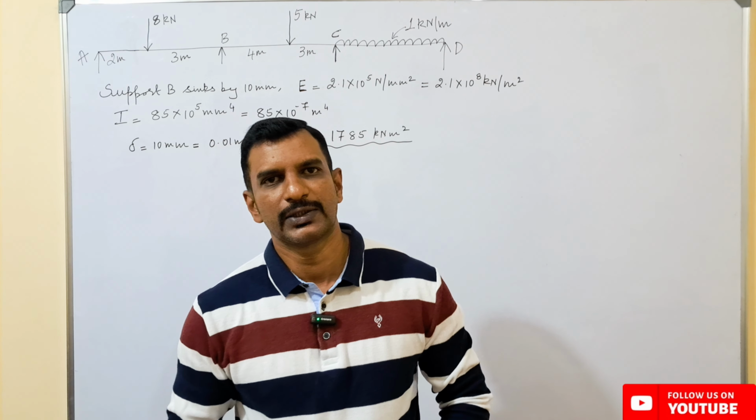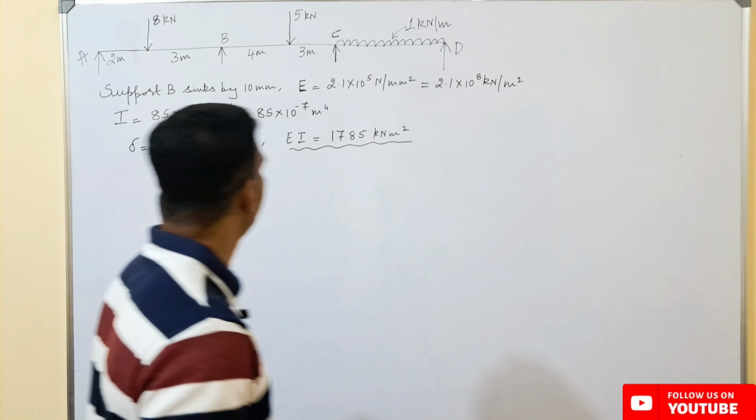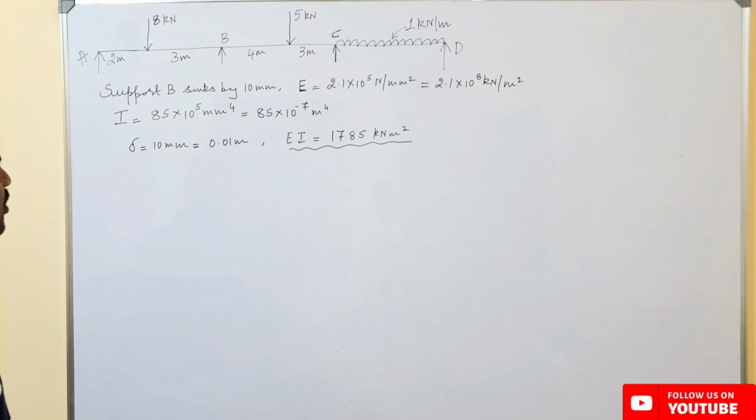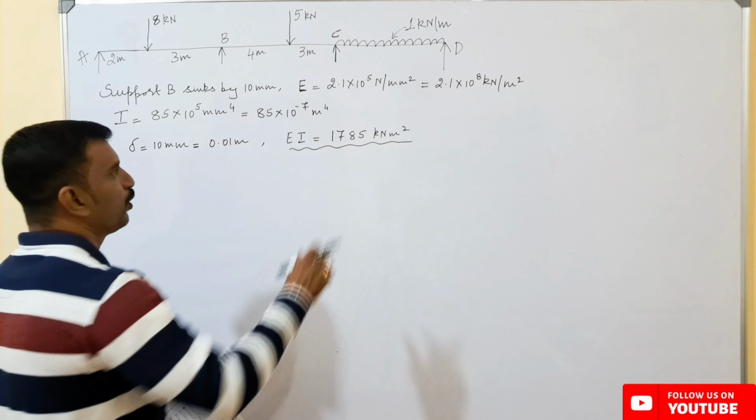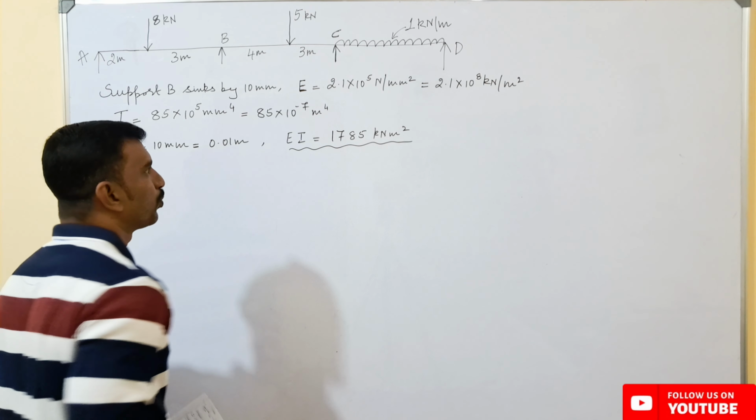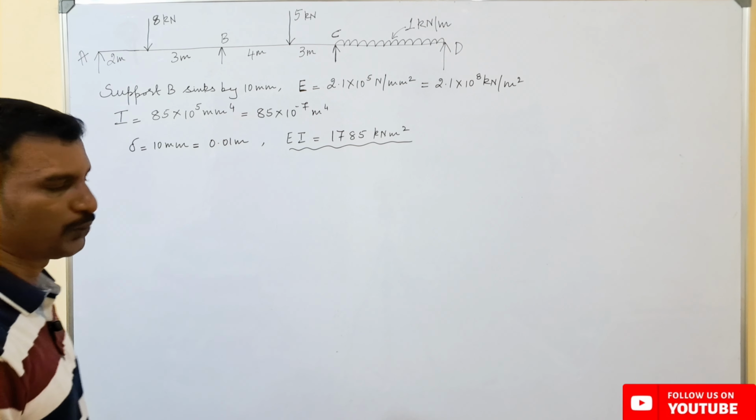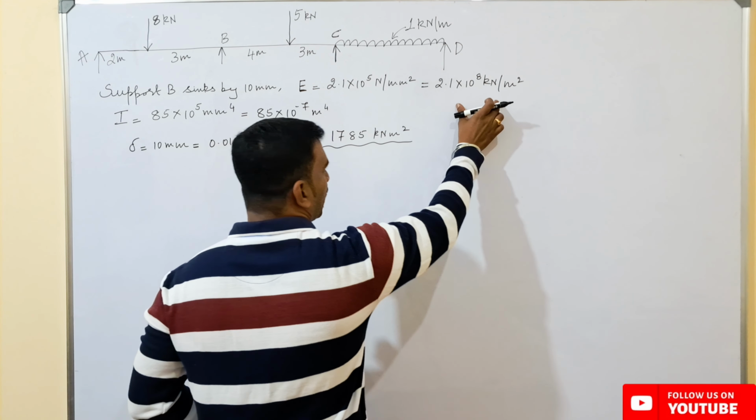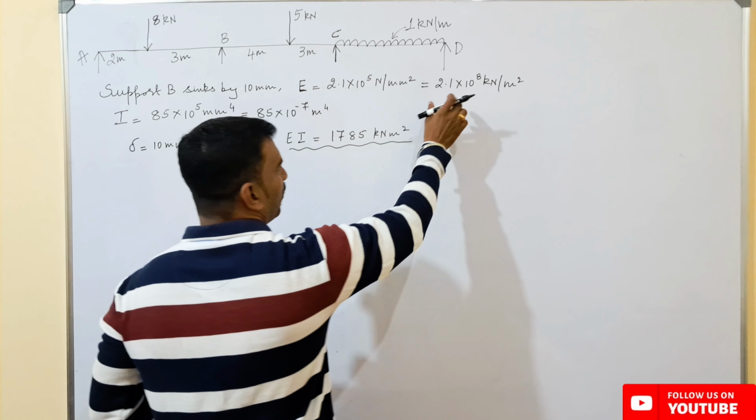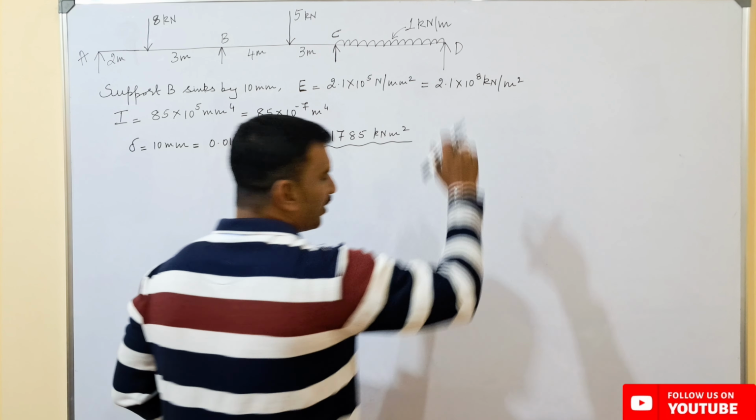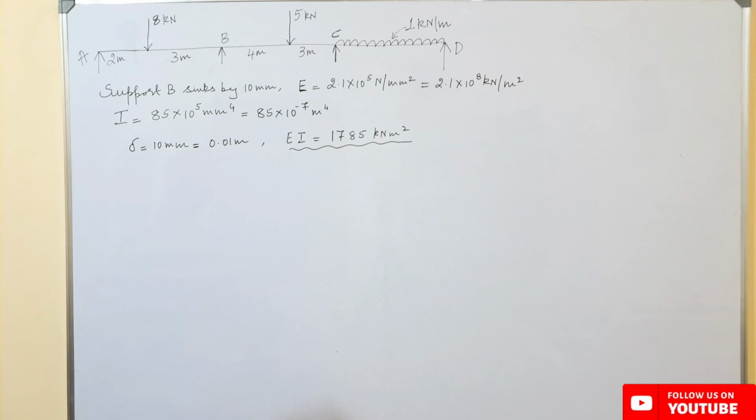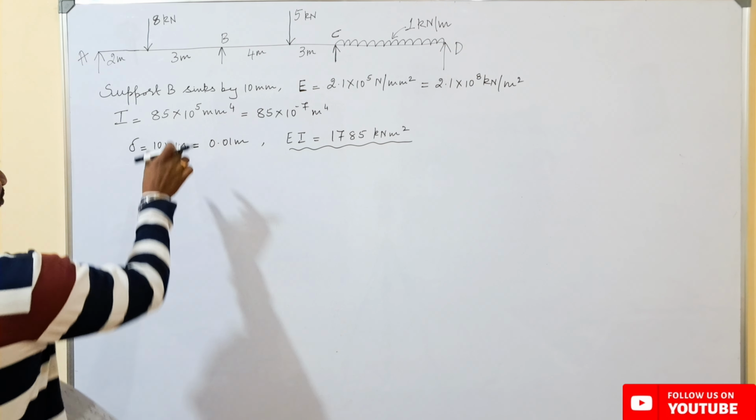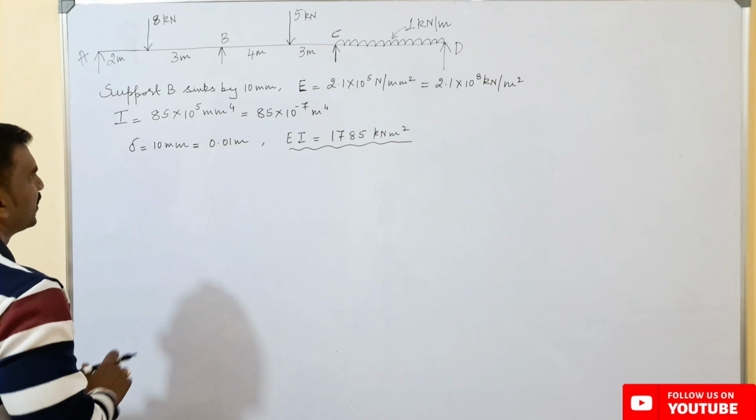In today's session we shall solve one continuous beam where support B is sinking by 10 millimeters with the help of Kani's method, and the value of E they have given, which is 2.1 into 10 raised to the power of 5 Newton per millimeter square. This value I have converted in terms of kilonewton per meter square, which will be 2.1 into 10 raised to the power of 8 kilonewton per meter square, and the value of I they have provided, which is 85 into